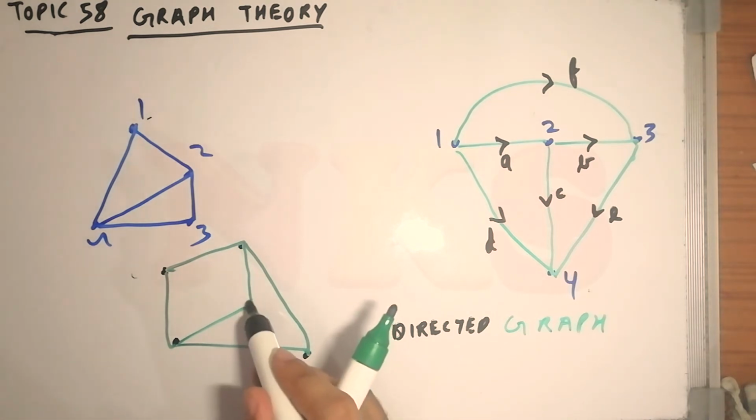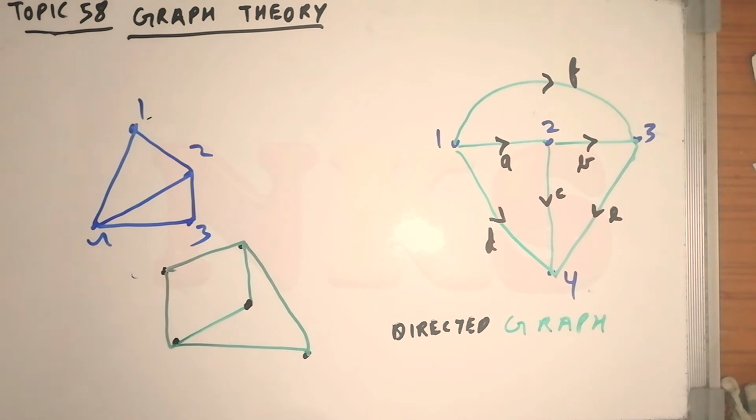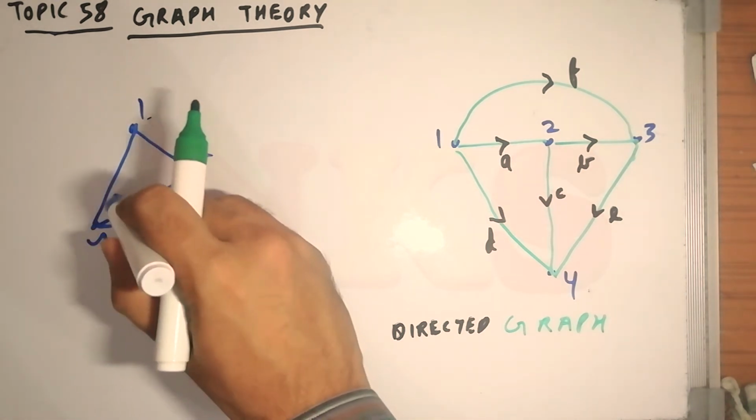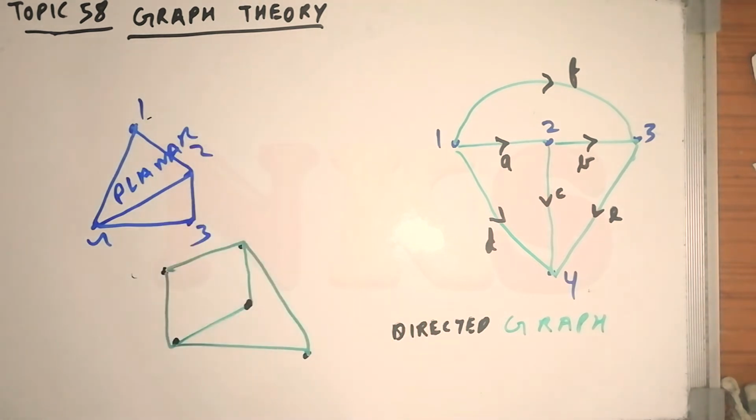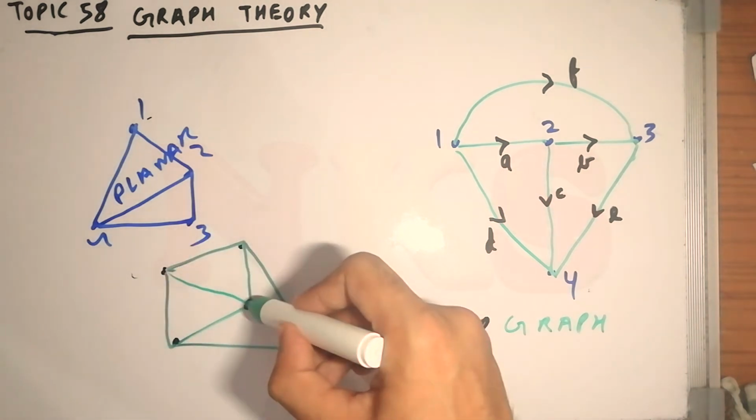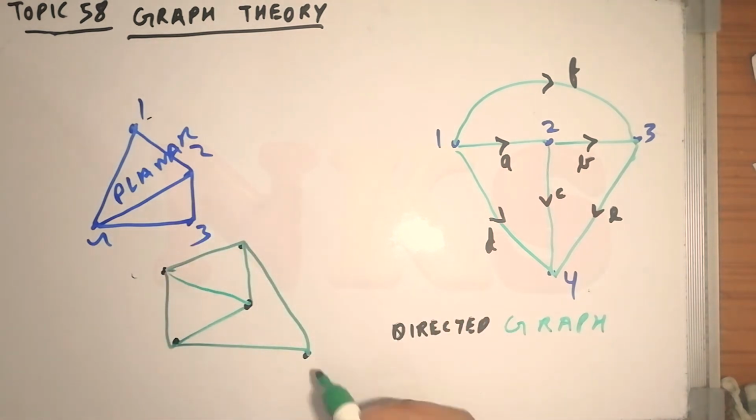See, till now what you are shown on the screen with this green pen is a planar graph. This is a planar graph because no two branches are crossing each other and it can be drawn on a plane. Till this time this graph is also planar. But now if we have this branch also and this branch also, you can't draw this in a plane.